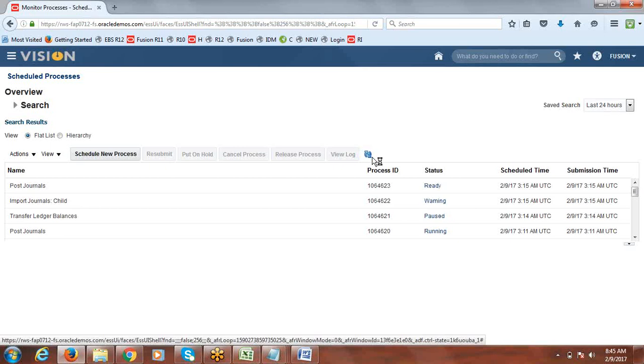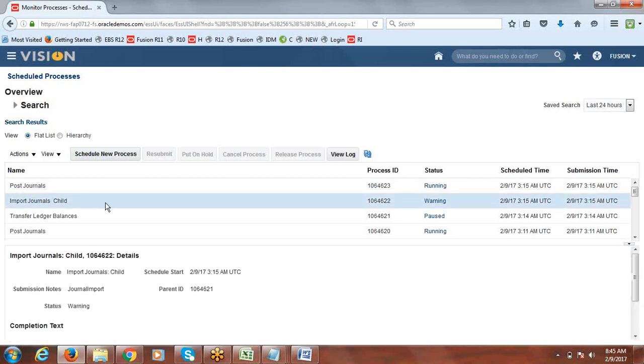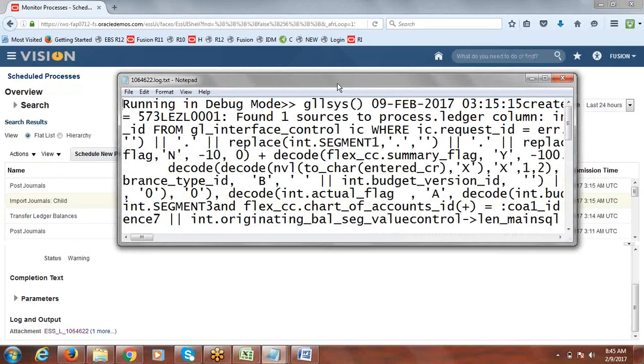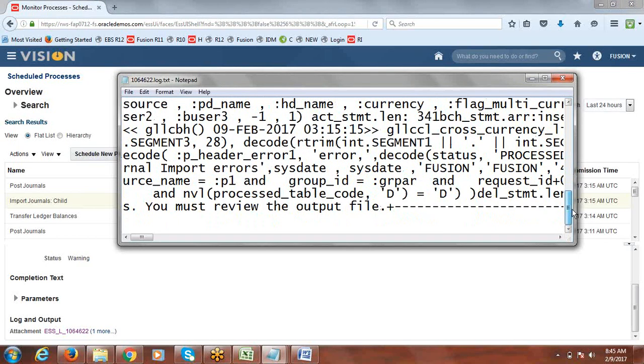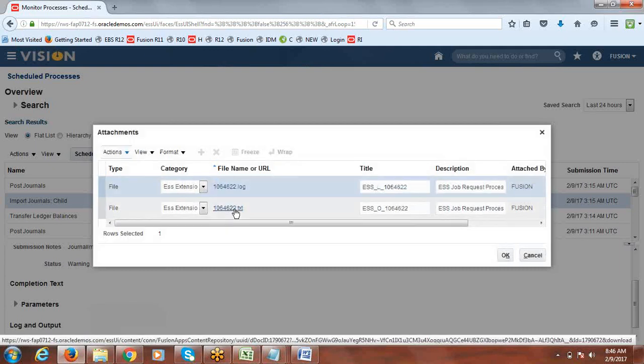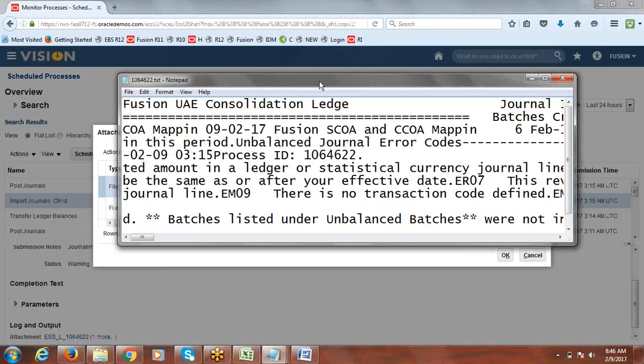Okay, what warning did we get? Using UAE consolidation ledger.